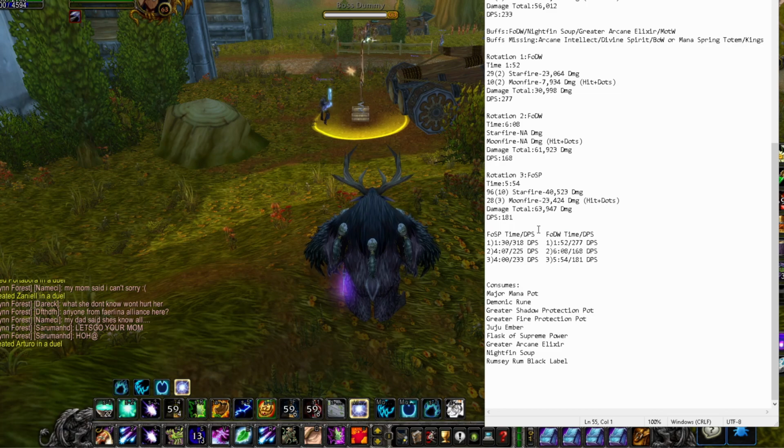of Distilled Wisdom using the 3 different rotations. There wasn't much time difference, an extra 22 seconds, and it was at like a 40 DPS loss. So minus 40 DPS, but an extra 22 seconds. Going down to rank 1, we got up to just over 4 minutes and still had 225 DPS, not that